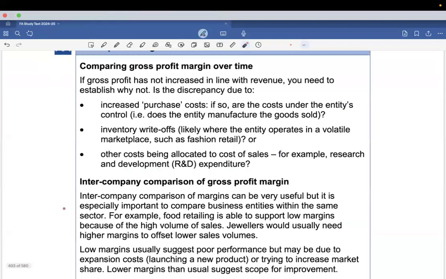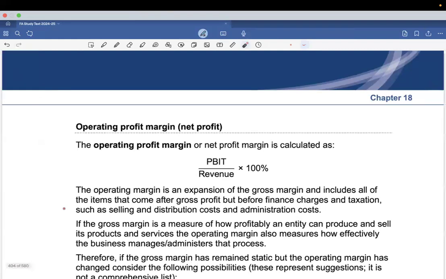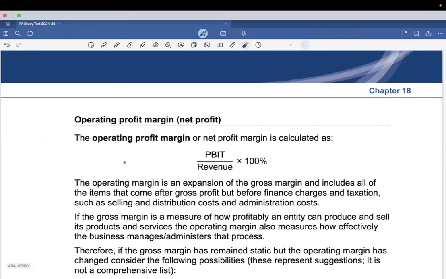So, gross profit margin is a very good method in order to compare how the business is doing over time. It tells us how much of the sales is there, how much of the costs are involved in those sales, what is the trend of the change. Clear? So it gives us an overall trend of how the profits have been changing throughout the years. Understood? We can analyze